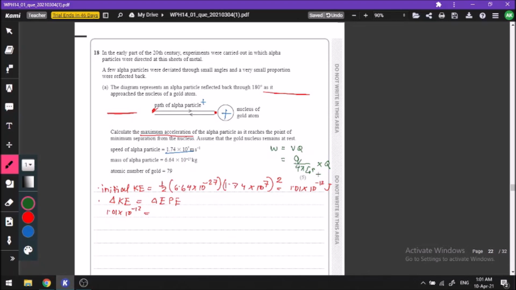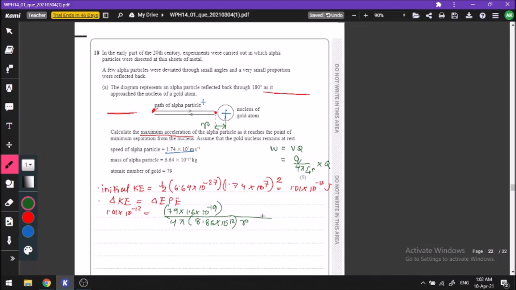So this is the amount of work, the electrical energy absorbed by our alpha particle as it comes close to the nucleus of gold over here. The charge of the gold nucleus is what? There are 79 protons in the gold nucleus, so 79 into 1.6 times 10 to the power minus 19, divided by 4 pi epsilon naught. The value of epsilon naught you should get in the data booklet, 8.85 times 10 to the power minus 12, into r. R is basically this distance between the alpha particle and the gold nucleus center. That we don't know yet.